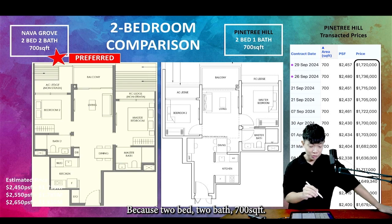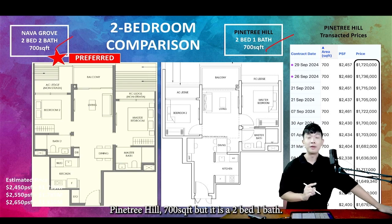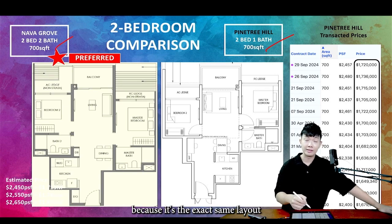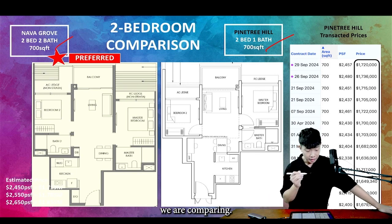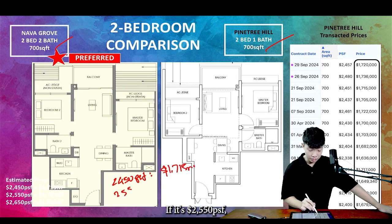Why? Because for the 2-bed 2-bath at 700 square feet, Pinetree Hill is also 700 square feet, but it's a 2-bed 1-bath. Pricing-wise it is similar for Pinetree Hill as compared to the previous slide, because it's the exact same layout we are comparing. For Nava Grove, estimated price, if it's 2450 PSF, we are looking at 1.715 million. If it's 2550 PSF, we are estimating 1.785 million. 2650 PSF,